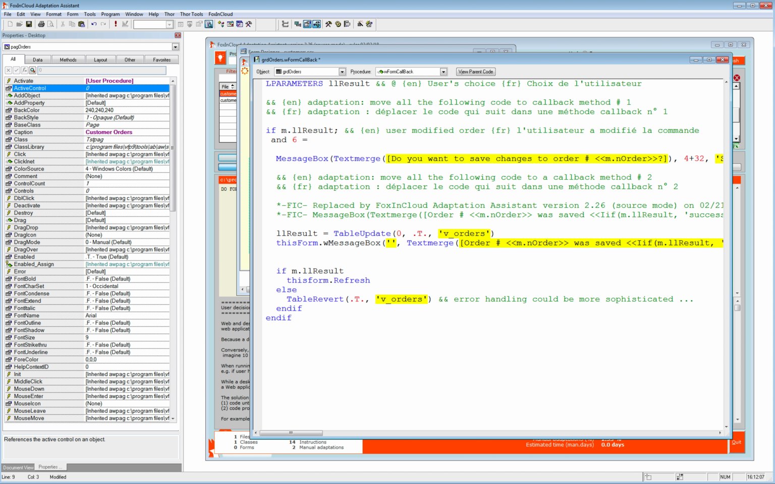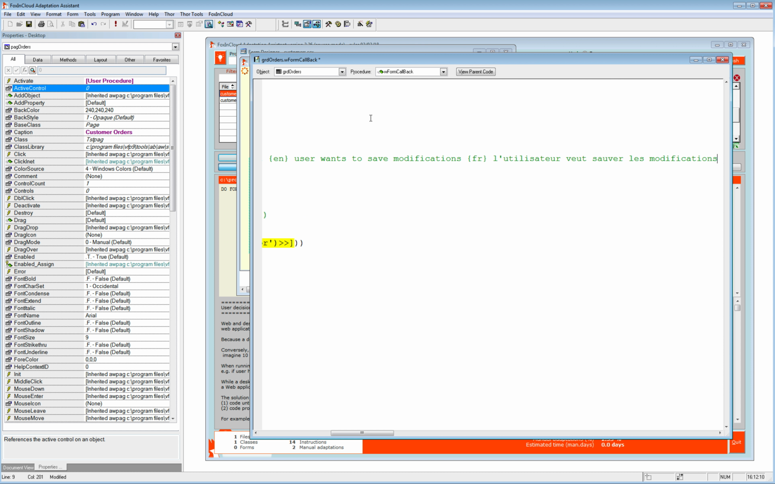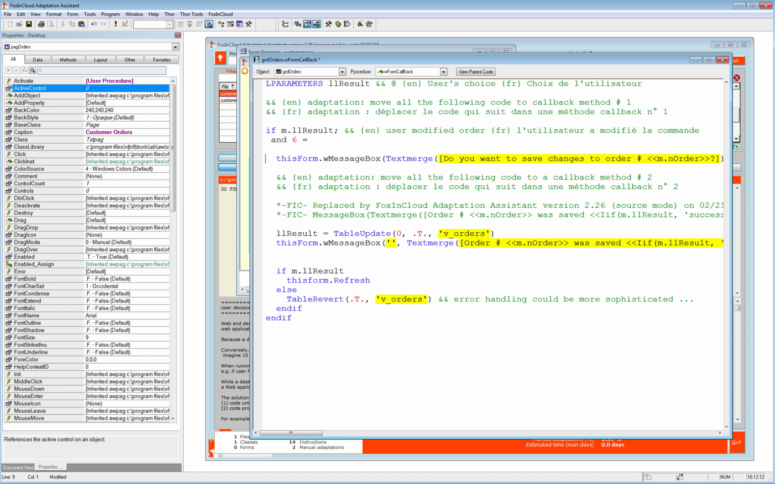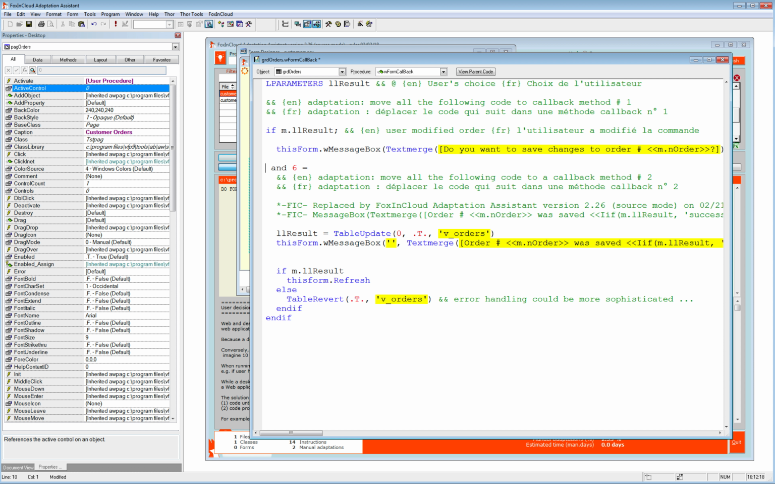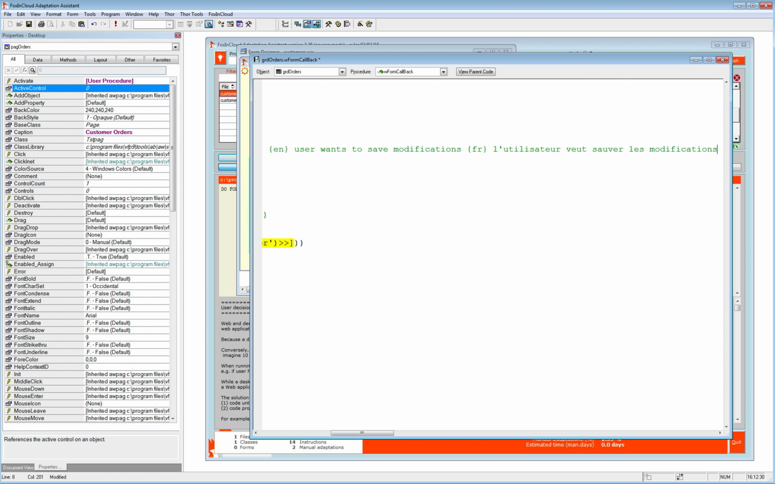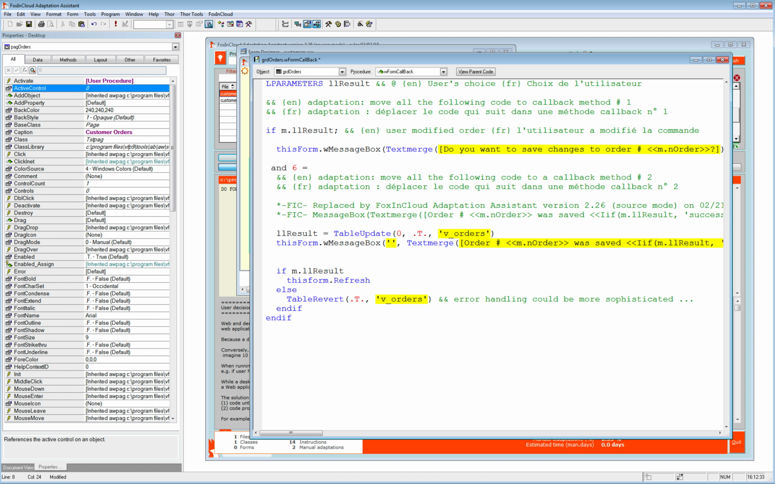And by the way, there's something that was not properly adapted. So I do, and the test here will be moved to the callback method. So if the user has modified the order, I need to ask him the second question: do you want to save this order? And what I'm going to do here is I'm going to process the result in another form,